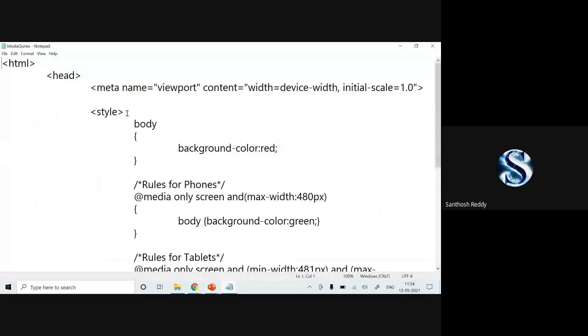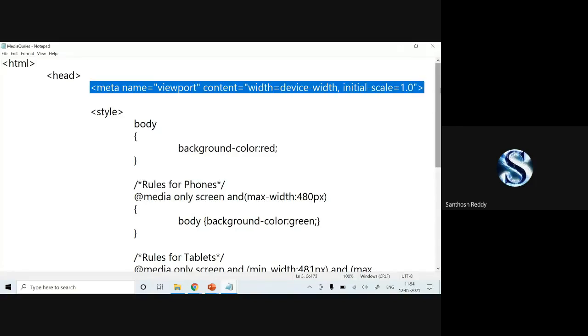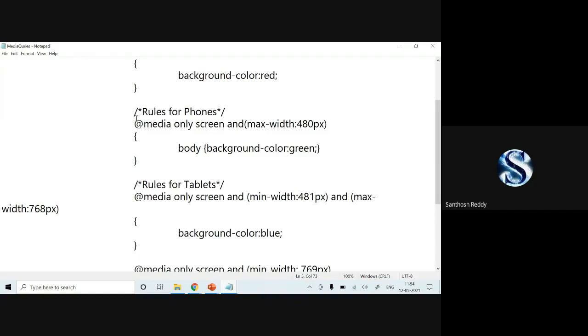Here you can check it out. Body, usually at that time, background colon red it will be. As usual, I have specified the meta type. Why? Because if I want to make it responsive, to check that, I have specified that. Now you can check it out. @media, this is the property where I can specify for any devices. @media, only screen with a maximum width of 480 pixels.